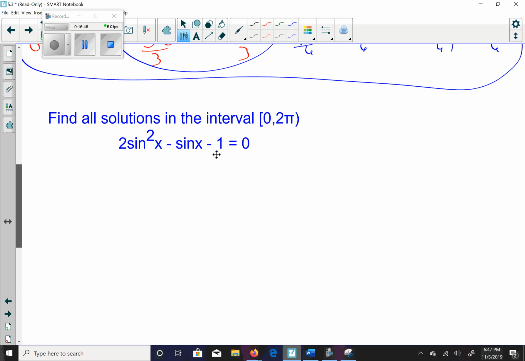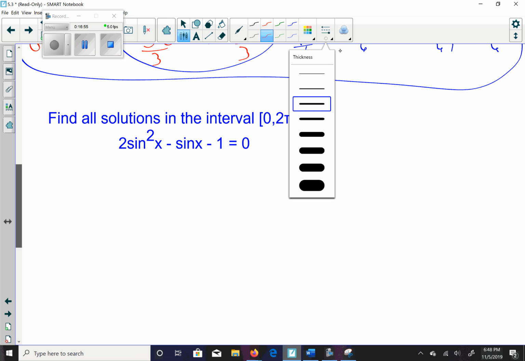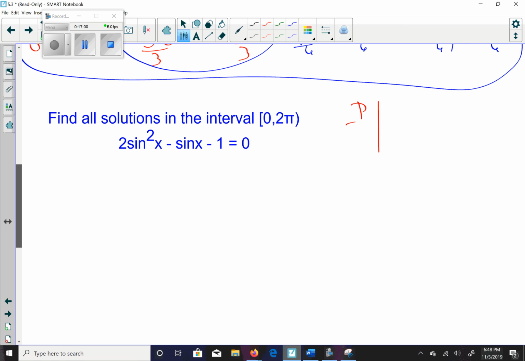I have 3 terms. I cannot factor anything out because sine of x is not in this one, which means I am going to have to do product sum. That's my only other thing I can do. So my product is 2 times -1, which is -2. My sum is -1, so I'm going to end up doing -2 and a positive 1. So I'm going to rewrite this as 2 sine squared x minus 2 sine x plus sine x minus 1